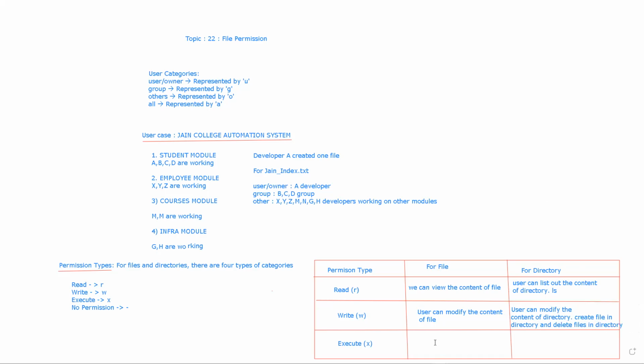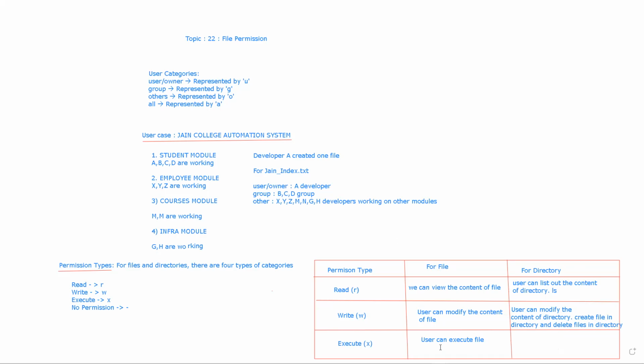Now, when we say a user has the execute permission, the user can execute the file, right? Execute is like a normal program.